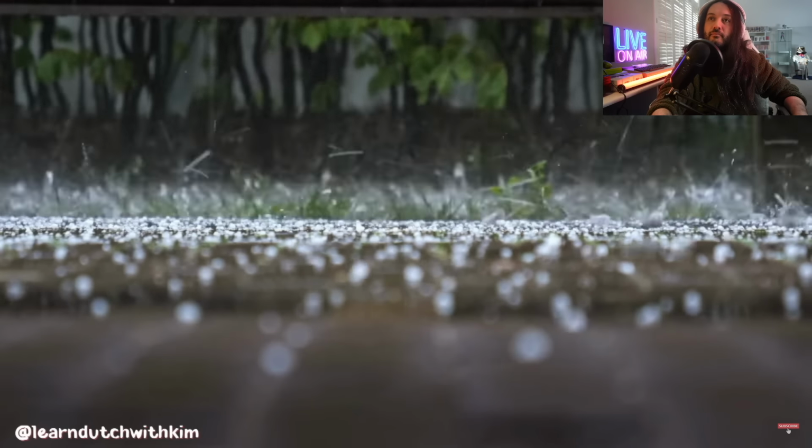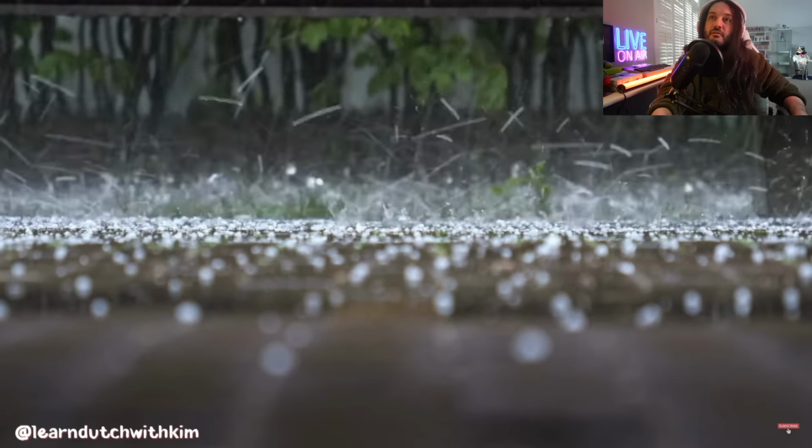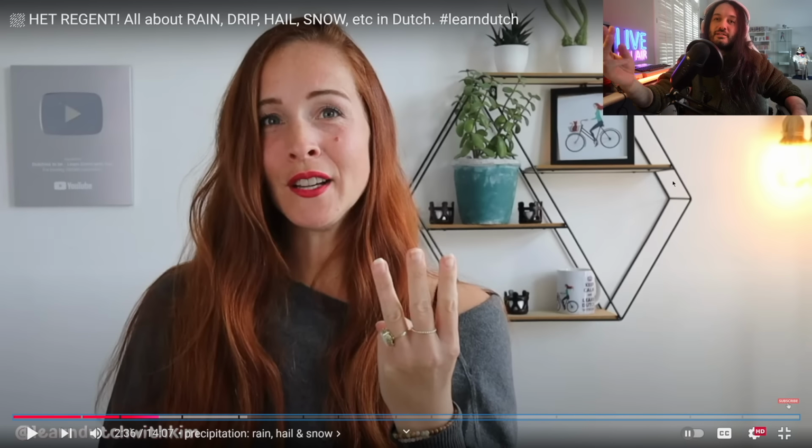Het zijn kleine ijsdruppels. Ze zijn ook hard en ze doen pijn als ze op je hoofd vallen. Ja, dus dit zijn 3 soorten neerslag. 3 is 3, and I see that she's doing it similar to how I think Americans do it. I would do this for 3. I think Americans would do this. She's doing this. She's once again thug life.